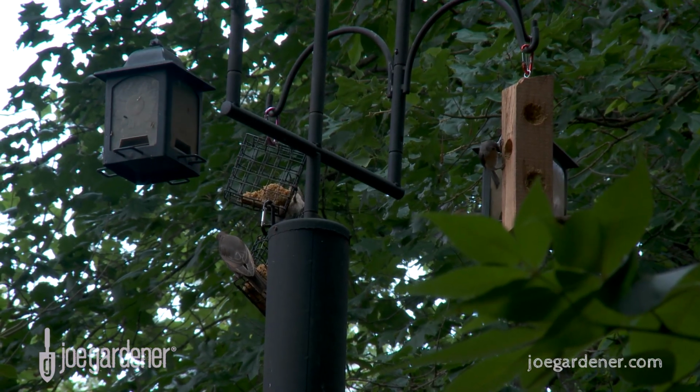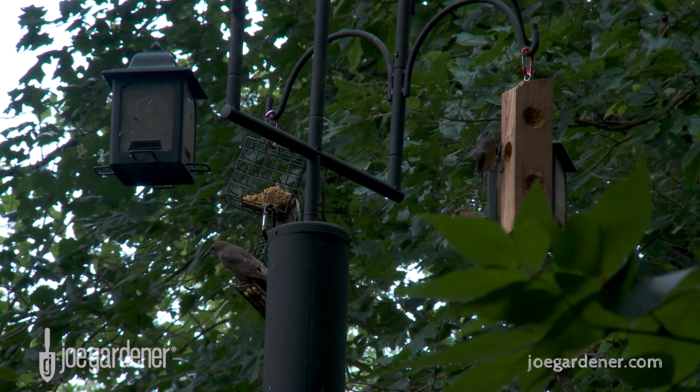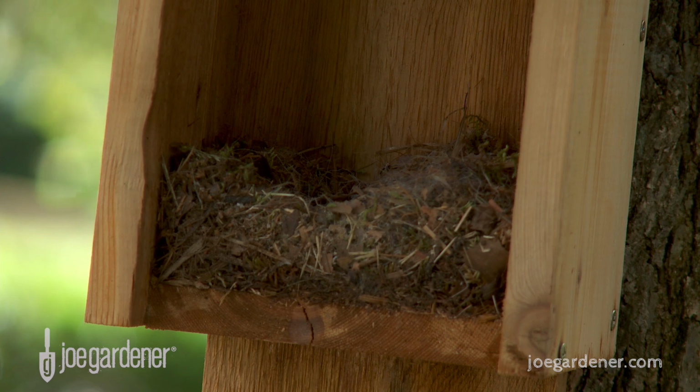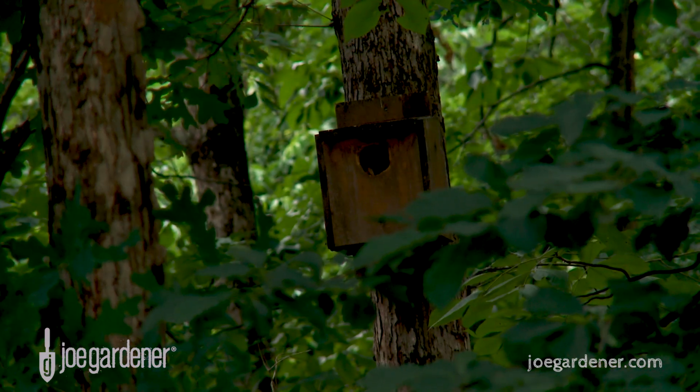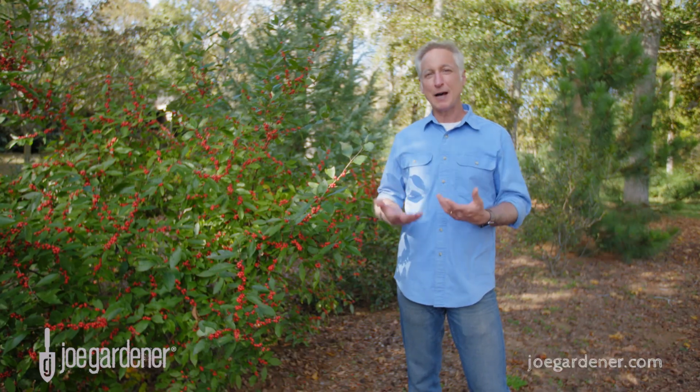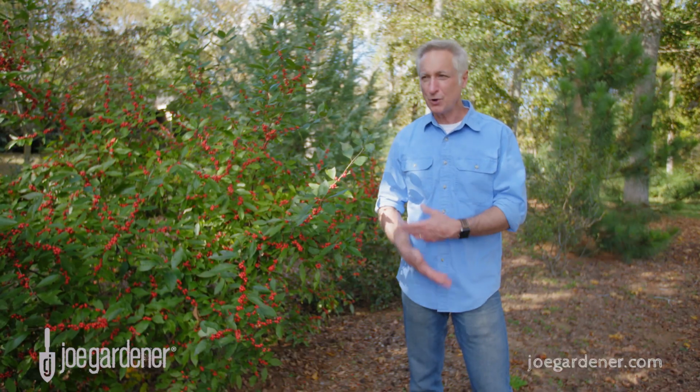Shelter also is important for times when wildlife needs a safe place to raise their young. A nesting box will replicate natural nesting cavities found in trees and keep birds out of the elements during those extra important times. Now, even when you provide plenty of native plants and trees and do all those other resources